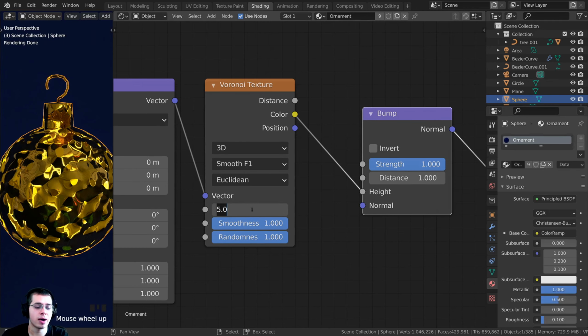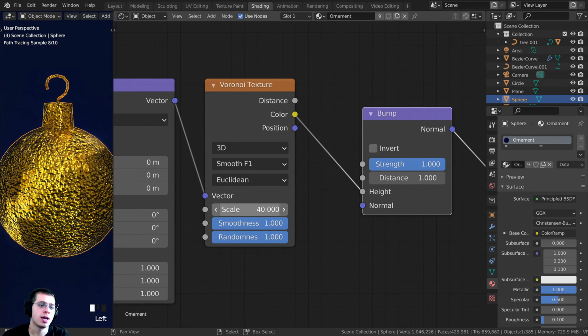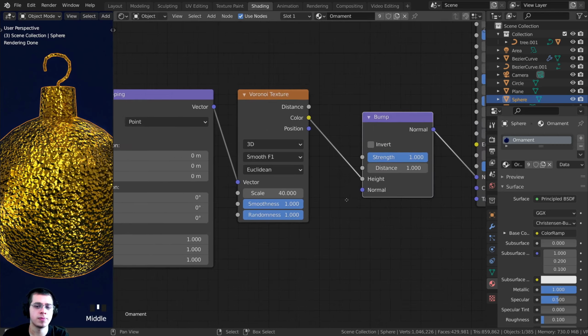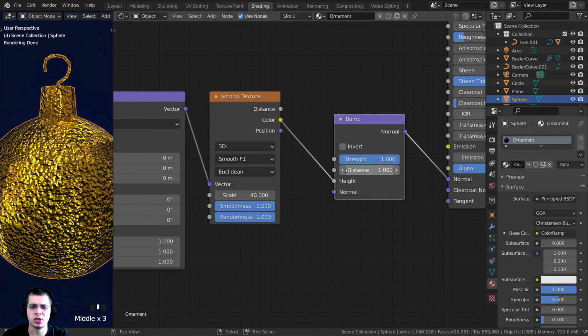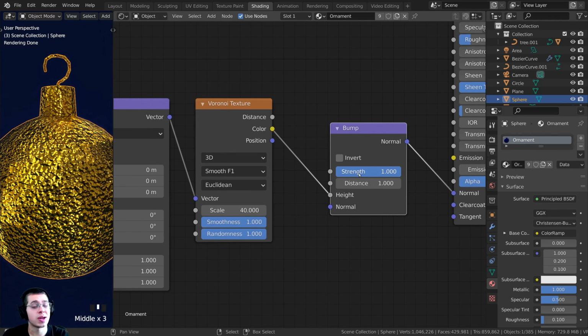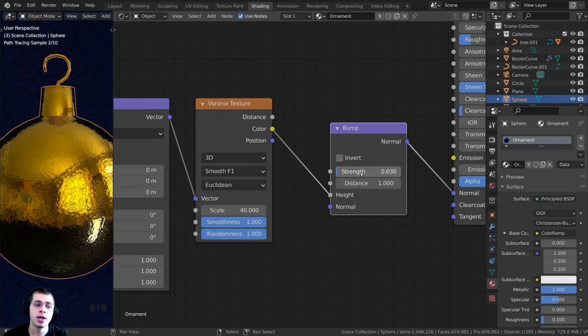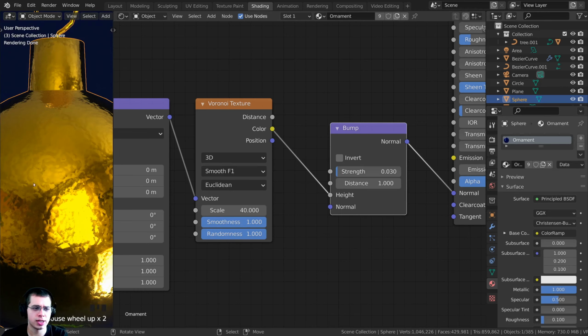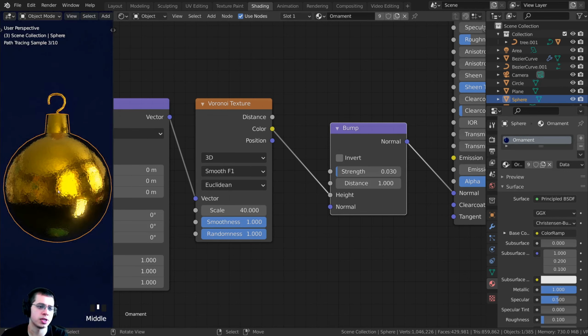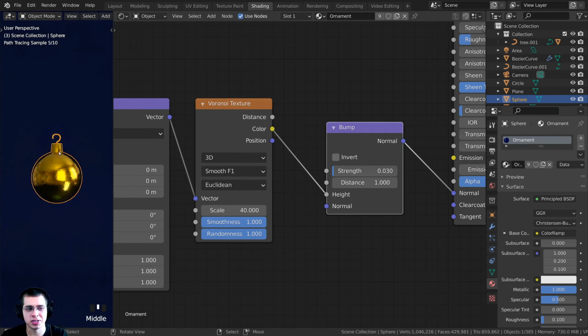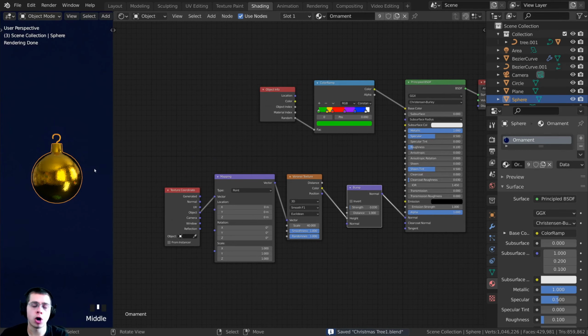Now the scale here, I want to change to like a 40, and that way it's going to be much more detailed. And then it is very strong right now, and I don't want it to be that strong. So on the strength here, I'm going to change it to a 0.03. And that way you can see that now it's just a very subtle texture, but it does look really nice on the Christmas ornament. All right, let's press Control S again to save, and we're almost done with the